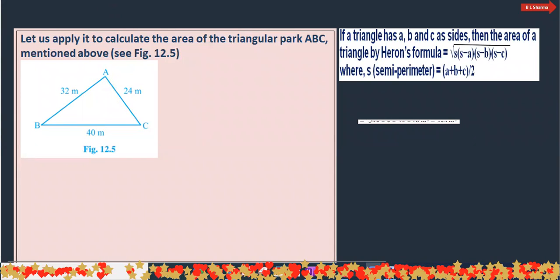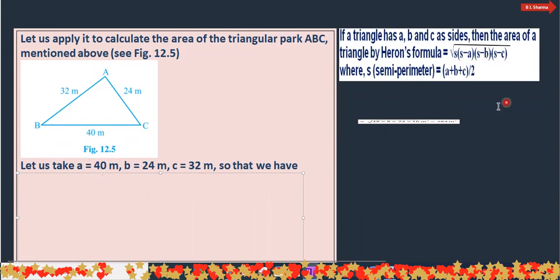For Heron's formula, we need A, B, and C. So the side A can be 40 meter, B can be 24 meter, and C can be 32 meter. So here this side A is 40, this other side B is 24 meter, and this side AC is 32 meter. So we know A, B, and C. This is Heron's formula: square root of s into (s minus a) into (s minus b) into